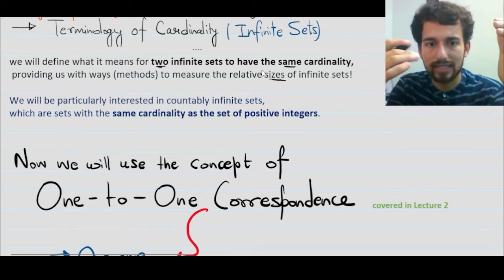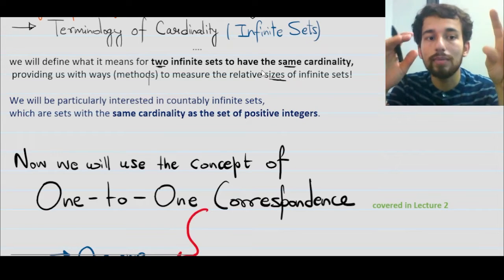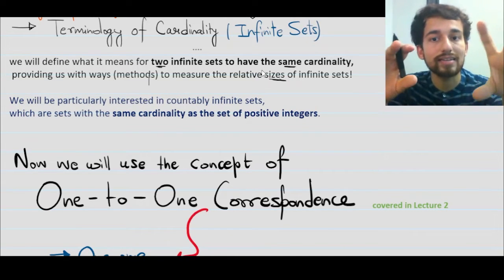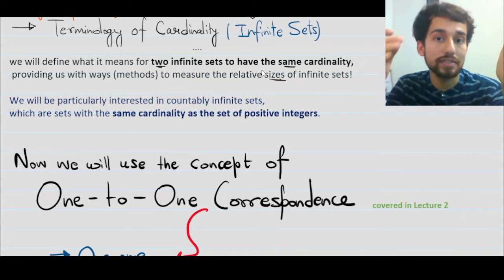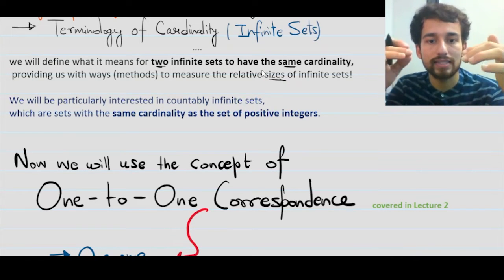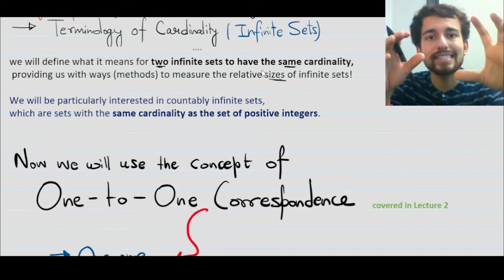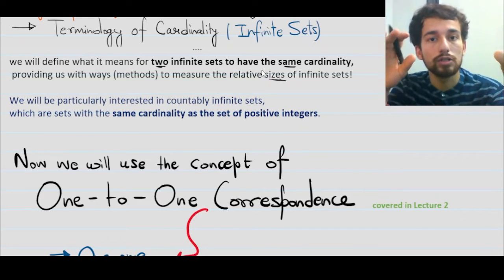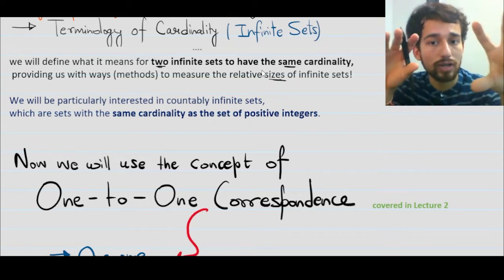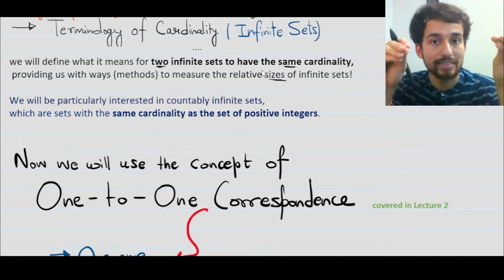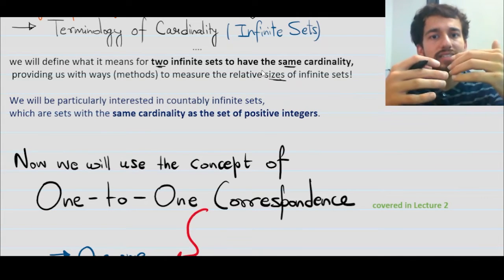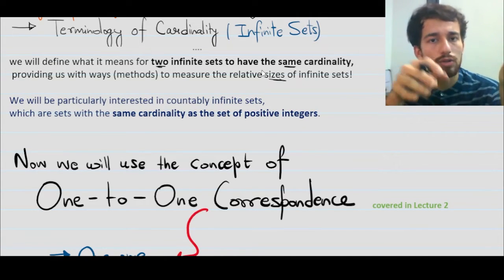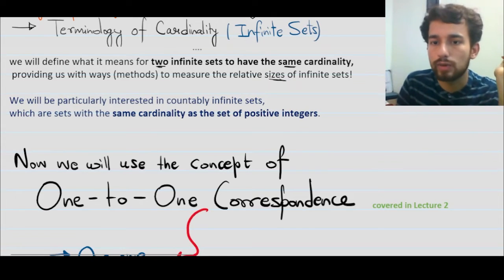तो यहाँ पे हम क्या कहना चाह रहे हैं कि हमारे पास कोई दो सेट्स हैं तो हम इंटरेस्टेड हैं कि क्या उनकी कार्डिनलिटी सेम है, या फिर हम और क्या कुछ मेथड्स को जानने में इंटरेस्टेड होंगे आगे कि जिससे हम क्या कर सकते हैं, जो उनके साइज हैं, वहां पे इनफाइनाइट सेट्स की बात कर रहे हैं अभी, तो जो उनके साइज हैं, मतलब उनकी हम जो कार्डिनलिटी के बारे में बात करेंगे दो डिफरेंट इनफाइनाइट सेट्स की, तो उनके साइज के अंदर हम क्या कोई रिलेशन फाइंड कर सकते हैं, उसको क्या हम मेजर कर सकते हैं। तो उस तरीके से हम यहाँ पे इंटरेस्टेड होंगे पढ़ने में जब हमारे पास कोई दो इनफाइनाइट सेट्स हैं।